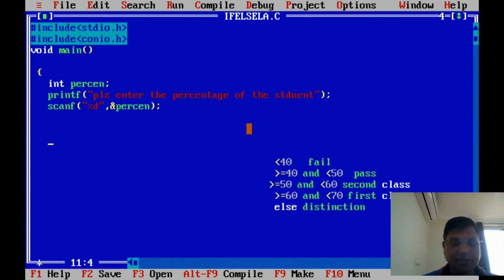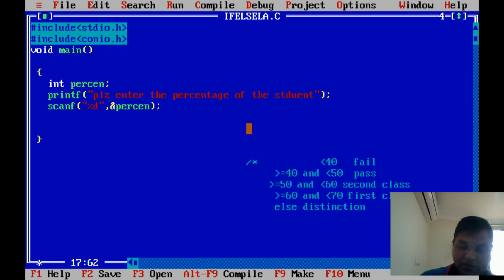So here the macro bracket is there. Multiple comment is like this one. I can make the comment line like this: slash star, and here again at the end I am going to use star slash. This is a multiple comment line. It means the compiler ignores these lines. This is not for compiling, this is just for information. You can see the shadow comes, so it means it's not a program statement.